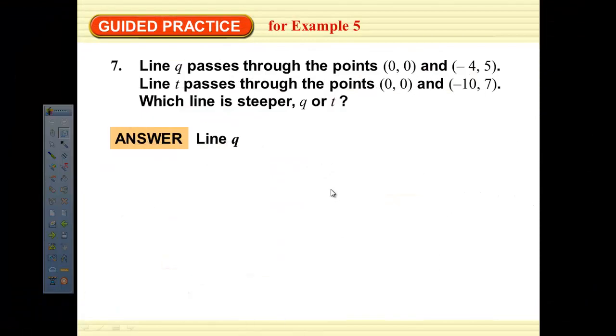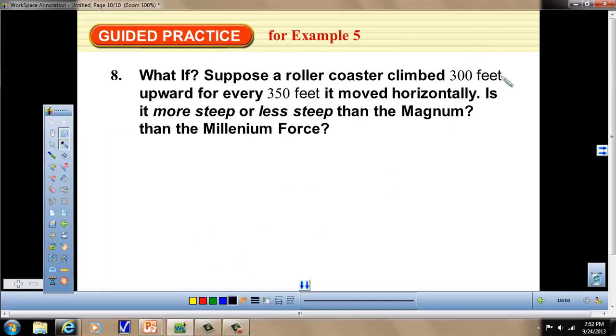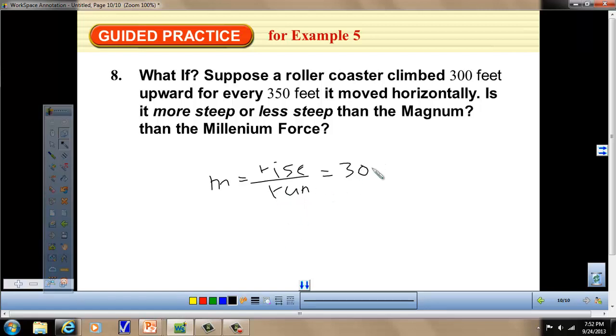And finally, for this last one, we have another roller coaster where the slope is, it goes 300 feet upward for every 350 moved horizontally. So again, remember, slope is rise over run. So it would be 300 over 350. And if I use my calculator, I'm going to get approximately